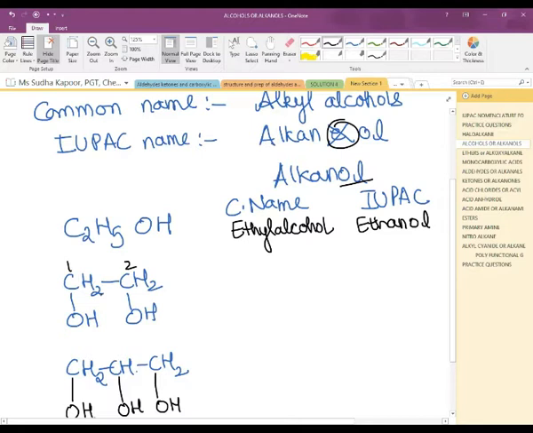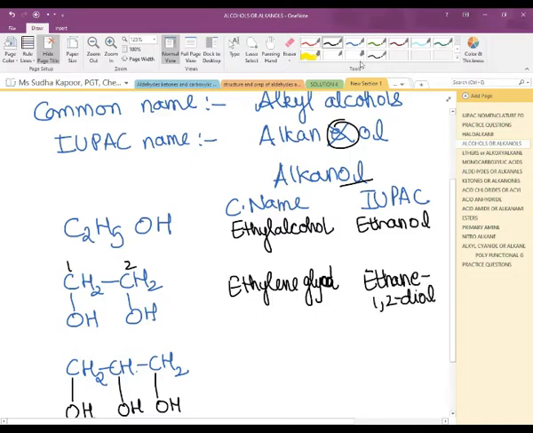The common name is ethylene glycol, and in the IUPAC, it is known as ethane